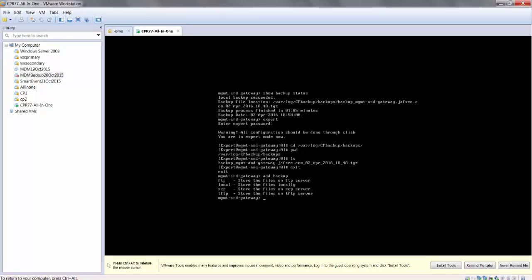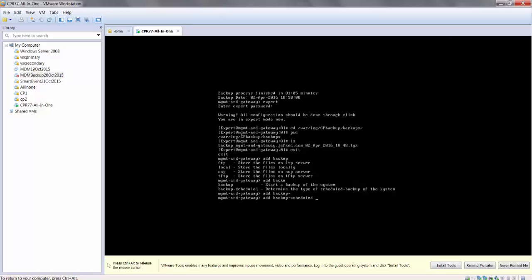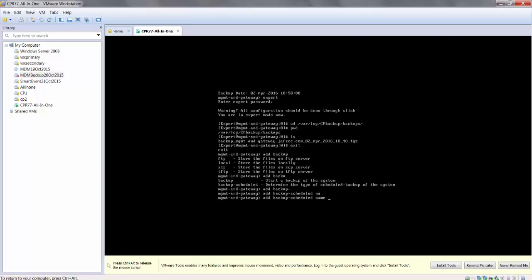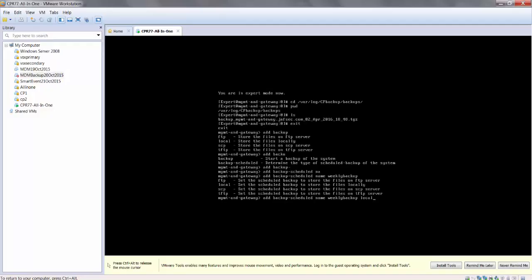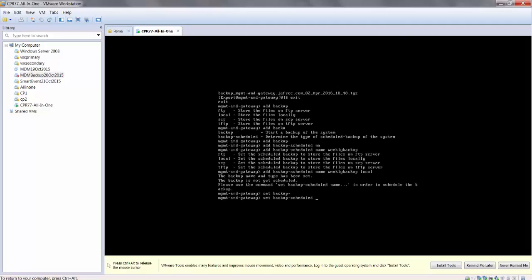So the way we do scheduled backups is if we do add backup, and then we go for scheduled name, and then if we give it a name, let's just call it weekly backup, and then where we want to back it up to, so we'll stick with the local database. If we press enter, you can see it says the backup name and type has been set. The backup is not yet scheduled, so we need to create an actual schedule for it. The way we do that is, usually we started with add, but this time we use set backup scheduled,